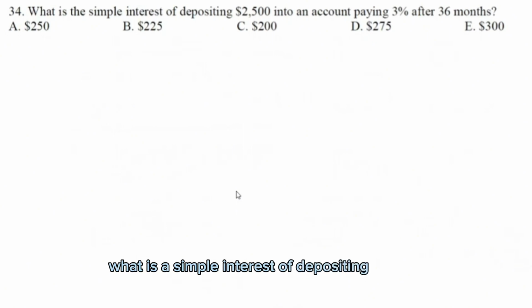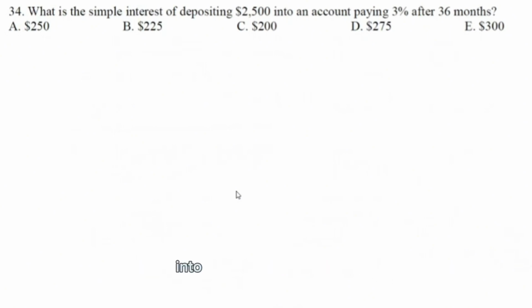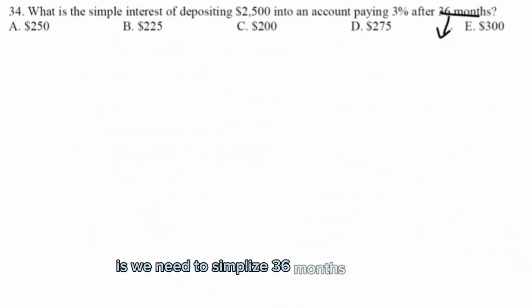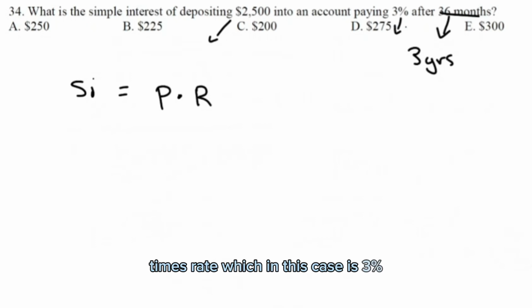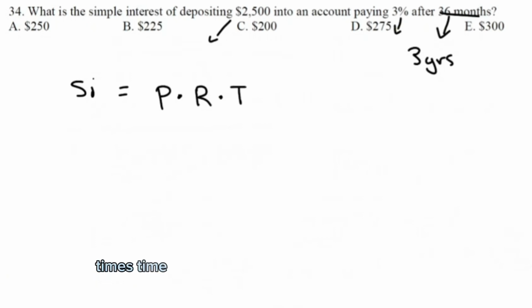Next, number 34. What is the simple interest of depositing $2,500 into an account paying 3% after 36 months? Alright, the first thing we need to do is simplify this 36 months into 3 years to solve this problem. Alright, so the formula for simple interest, let's just call this SI, is equal to principal, which is in this case 2,500, times rate, which in this case is 3%, times time, which in this case is